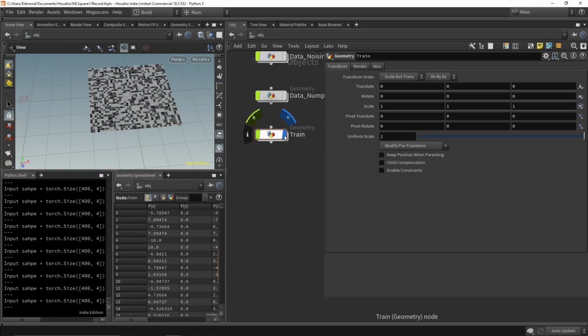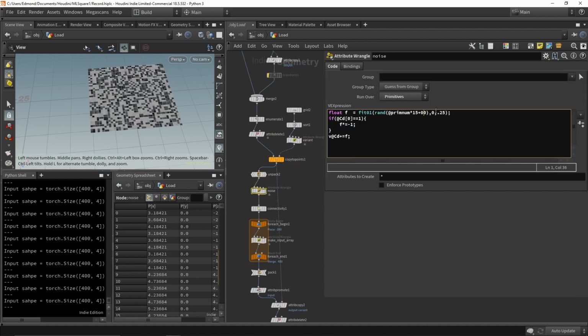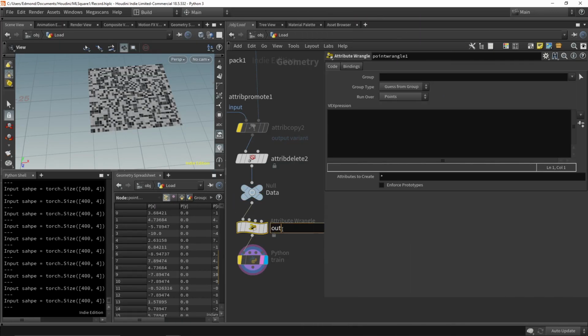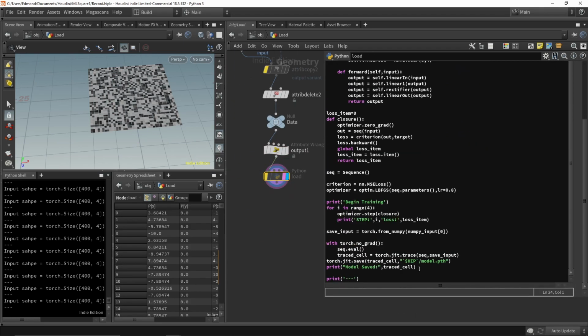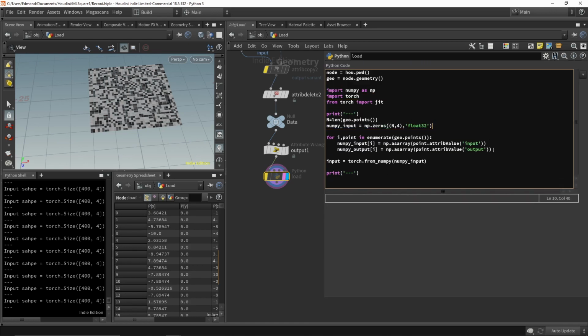We will now test our model with a set of data that it has never seen before. We will change the seed of the dataset as well as the seed of the noise that we are applying to it. We will also get rid of the output attribute because we will request the model to give us a prediction of it. I recreate an output array with all the values initialized at 0, and inside the Python script node,